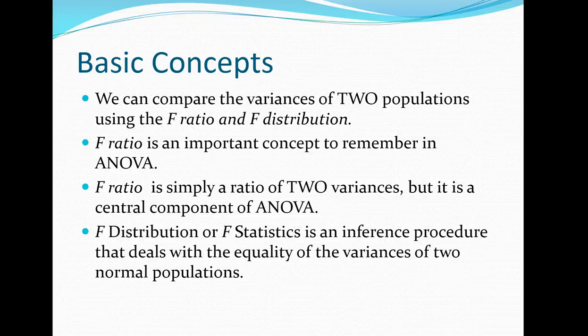When we are looking at F distribution, what we're trying to explain is that we are trying to compare the variances of two populations using the F ratio, and then standardizing that distribution and using the F ratio value and then calling it an F distribution. Now, as I mentioned in the other presentation, the F ratio is an important concept to remember in ANOVA because